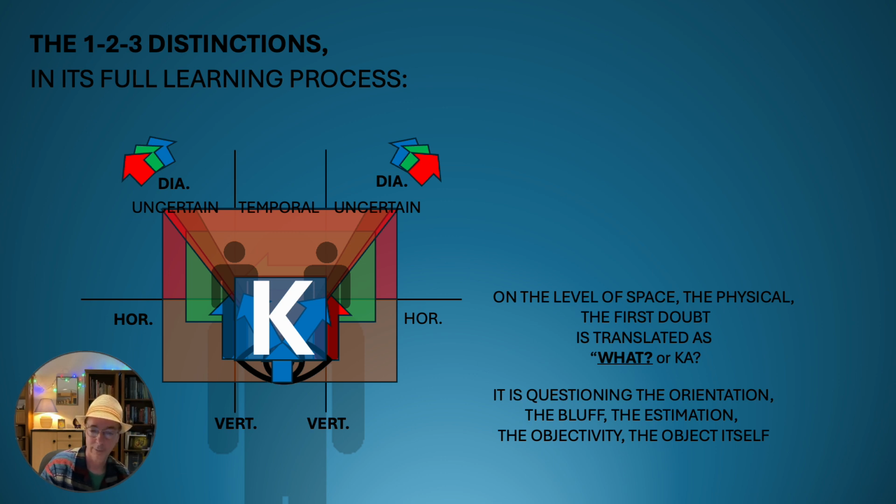And we know it of course from the word ka, which is just a question mark. In Japanese it is much more than a question mark. On the physical level, how do you define uncertainty? Well, uncertainty translated to space is what? What is it? Not more than that, the question itself. So after the bluffing, we open it up. After finding some definitions, there are some things we don't have a definition for, and we just add a question mark. The openness, and this goes